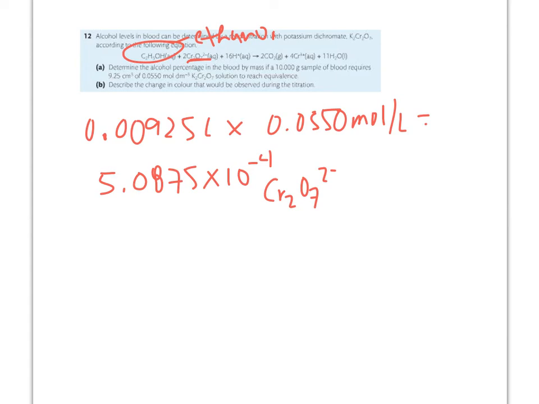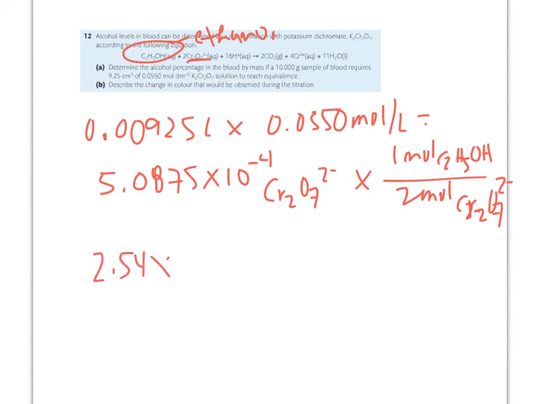And once I know how many dichromate ions I have, I can see that I have 1 mole of alcohol, C2H5OH, my ethanol, for every 2 moles of the dichromate, Cr2O7 2 minus. So that means I have half as much, or 2.54 times 10 to the minus fourth moles